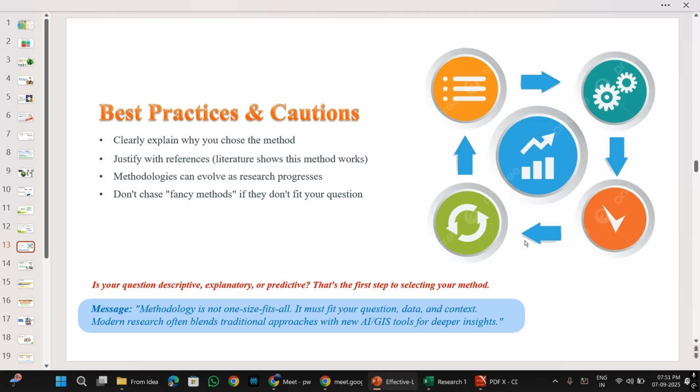Okay, so the best practices while you are choosing a methodology: clearly explain why you chose the method. You have to defend why you chose a given method, because you are serious about the method that you have chosen. You cannot let somebody overpower you with the methodology that you have chosen. So you bring your strength into deciding which methodology you are going to use.